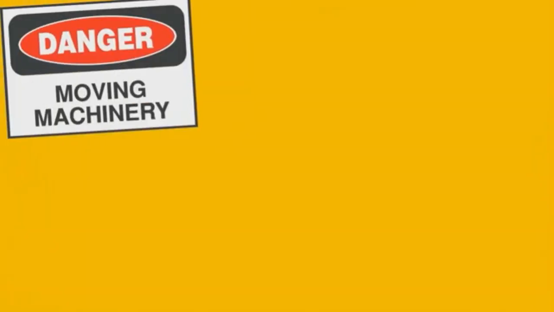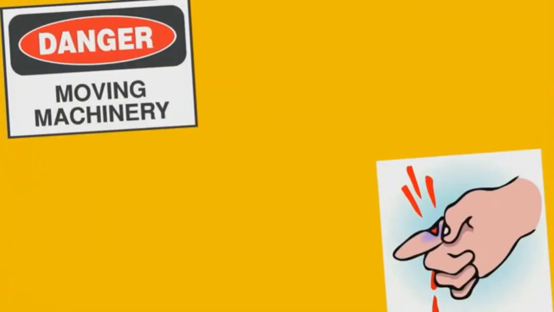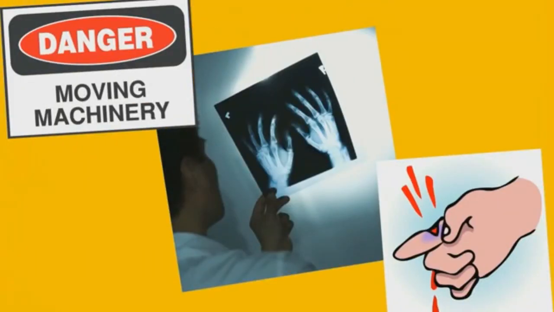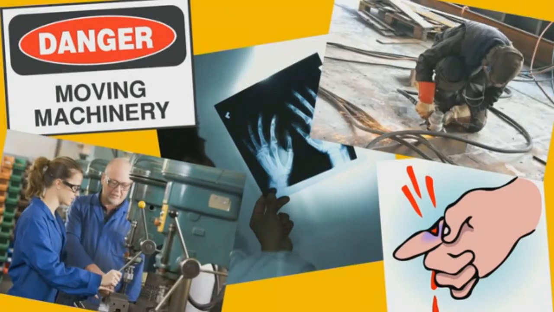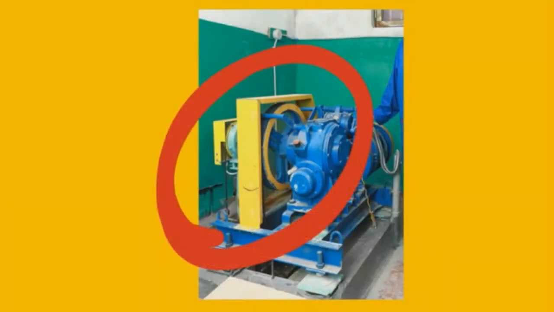Moving machine parts have caused severe workplace injuries like crushed fingers or hands, amputations, burns, blindness, and fatalities. Machine guards are engineered to protect workers from becoming injured. For example, the guard pictured here covers a moving power assembly.